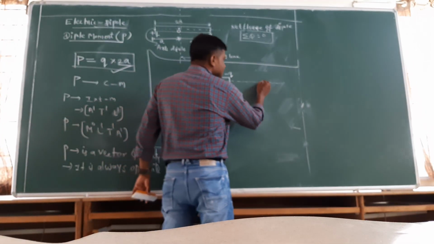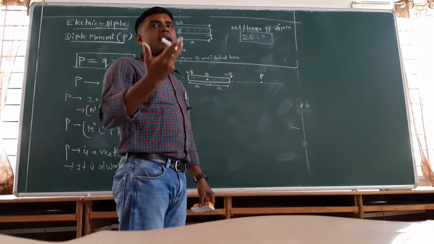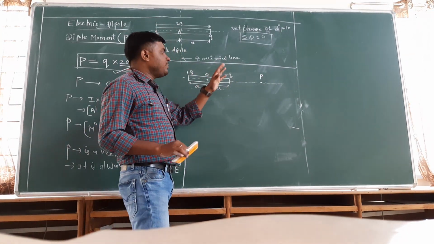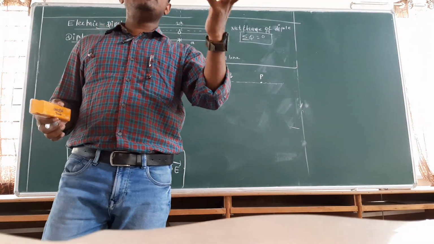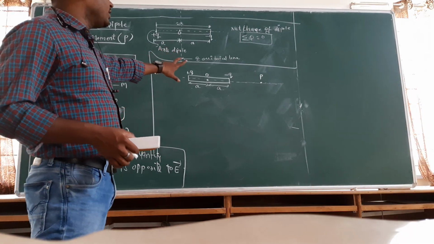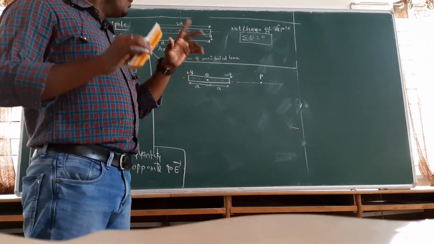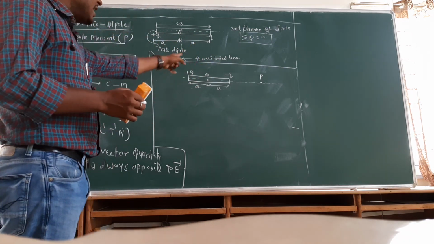So let us take this point, this is called point P. Now at this point P I need to find the electric field. So at this point P we need to first identify how many electric fields are individually arriving. Before this, we have the superposition principle also. So what is the superposition principle? Let me first explain that with an example based on electric field, then I will continue with this topic.